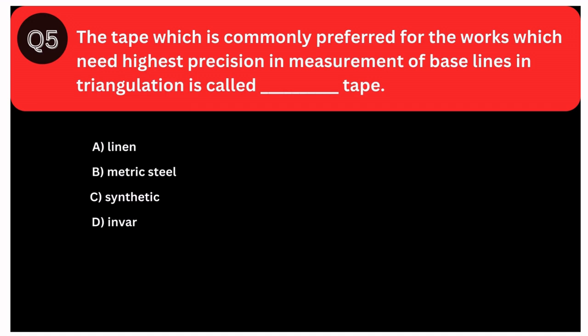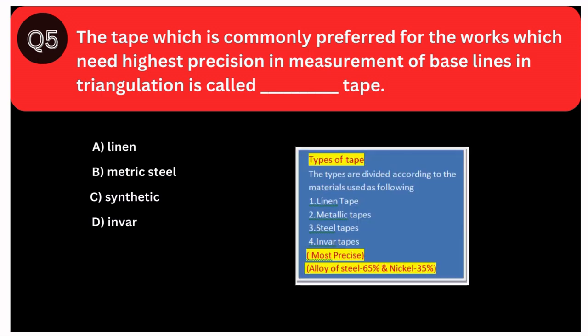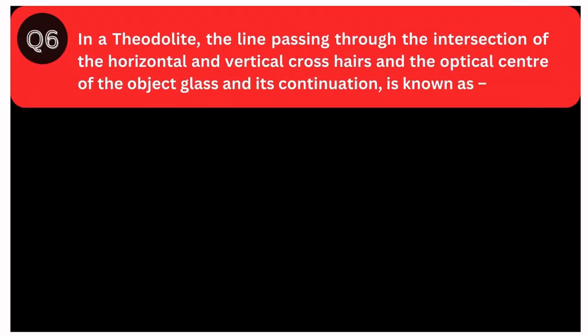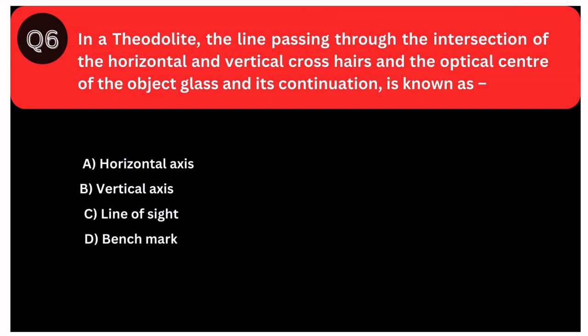baselines in triangulation is called tape. Option A, linen. B, metric steel. C, synthetic. D, invar. Answer D, invar. In a theodolite, the line passing through the intersection of the horizontal and vertical crosshairs and the